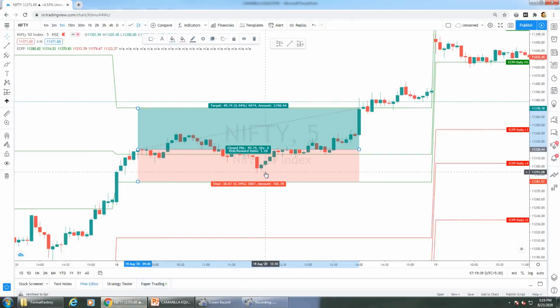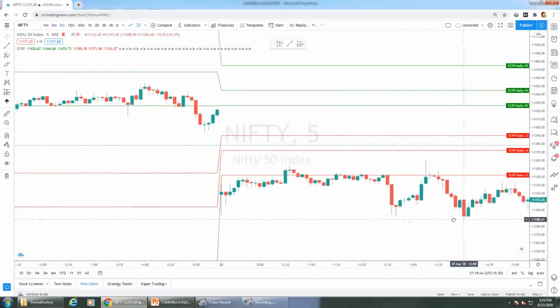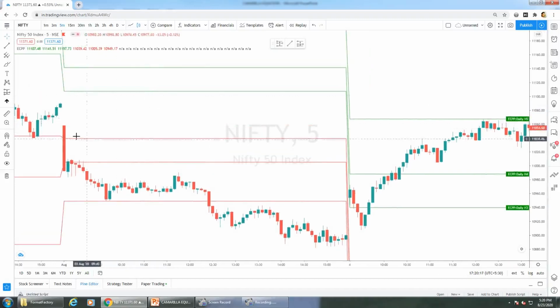This is a short trade, that is a selling trade, and I will find some example for that. August 3rd, if you see, the price opens between H3 and L3, goes a long way to H4, and it has given a breakout, and you can take a short trade at this second candle. Don't bother about whether this candle has a long wick; you can see it has a lot of selling pressure.